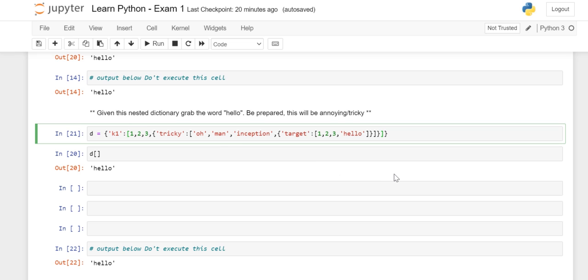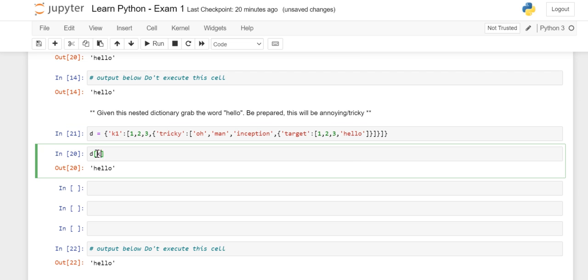Whenever you are in Jupyter notebook, I'm not talking about other interfaces or IDEs, in Jupyter you can click on this particular square bracket and see the selection. This gives you a very good picture and approximation that this dictionary contains only one key value pair. All right, so I got an idea.